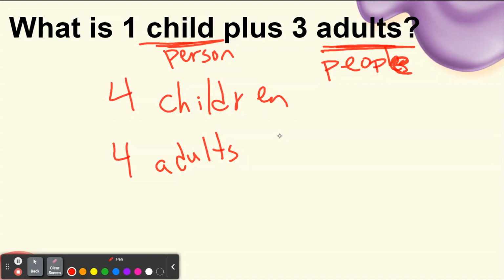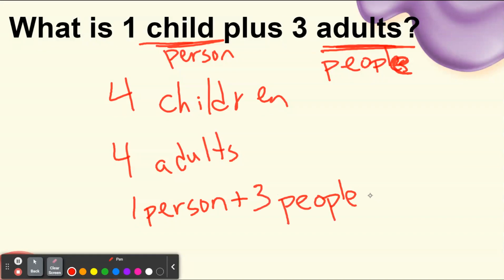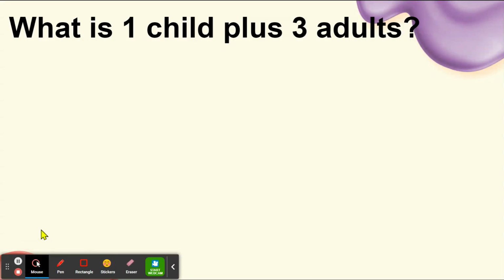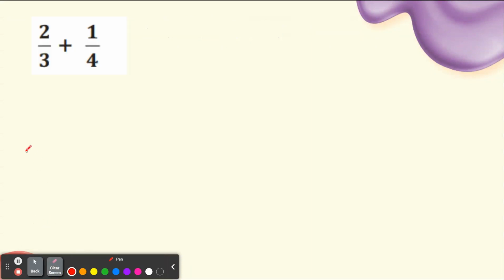So I can rename my units of 1 child and 3 adults to 1 person plus 3 people, which gives me 4 people, because now we have the same units. Okay, so we're going to remember this about renaming units here as we start in our fractions lesson. So we're going to go ahead and add